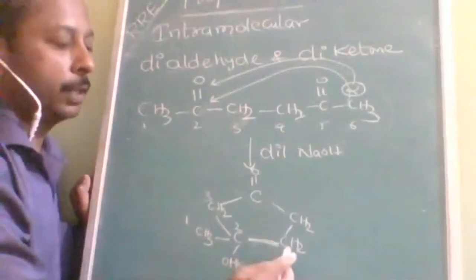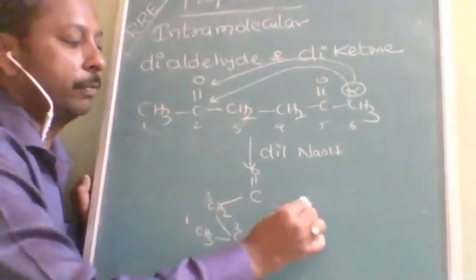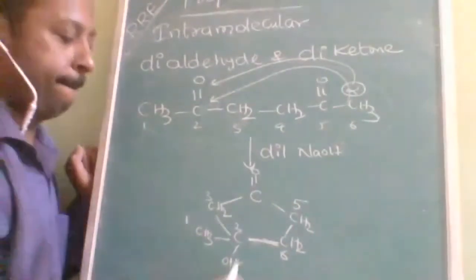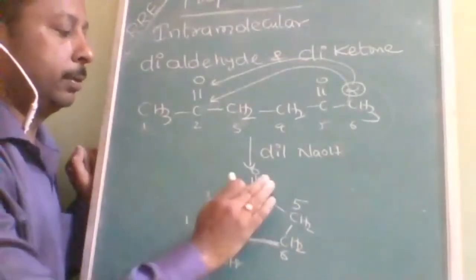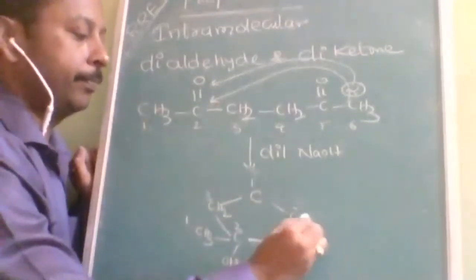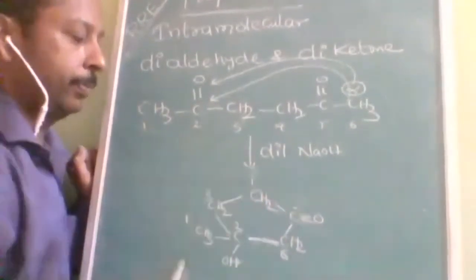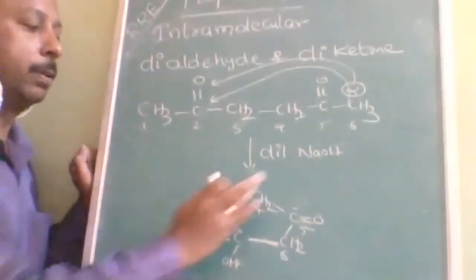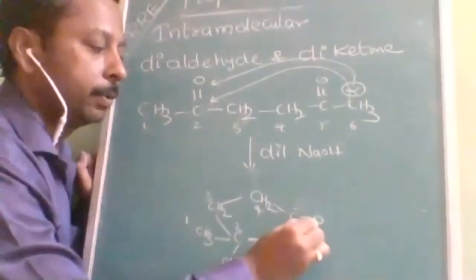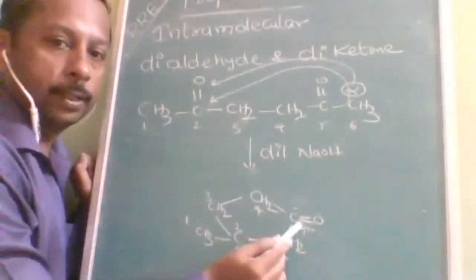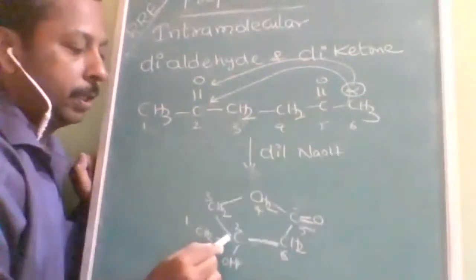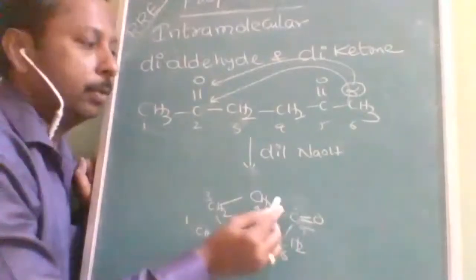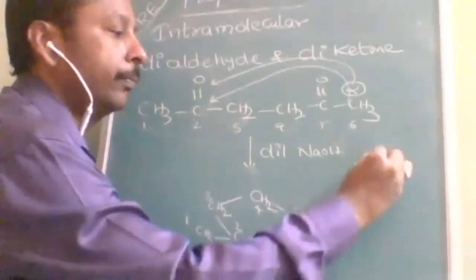So this is which carbon? Sixth carbon. This is which carbon? Fifth carbon. This is the fourth carbon, this is the third carbon. So this is the product possible. Is it understood? This is the ketone, with CH2 attached over here. So this is the final answer. Now I will draw it in a neat way.